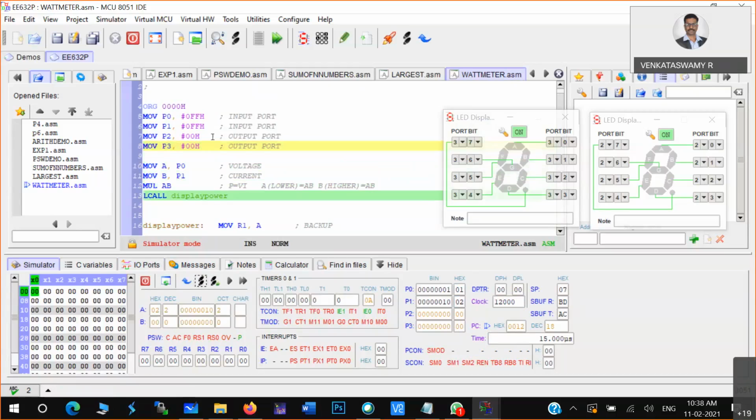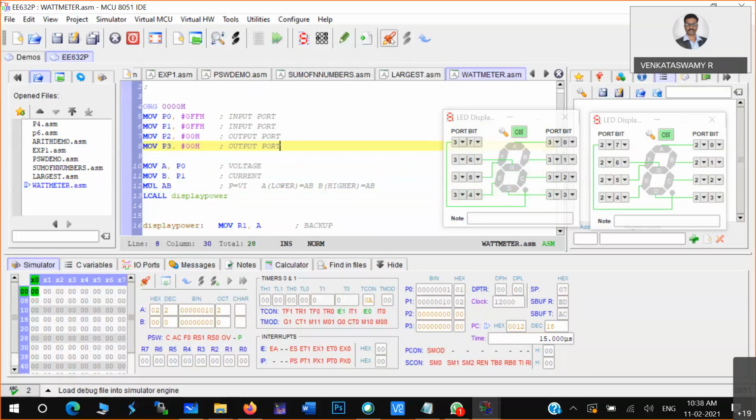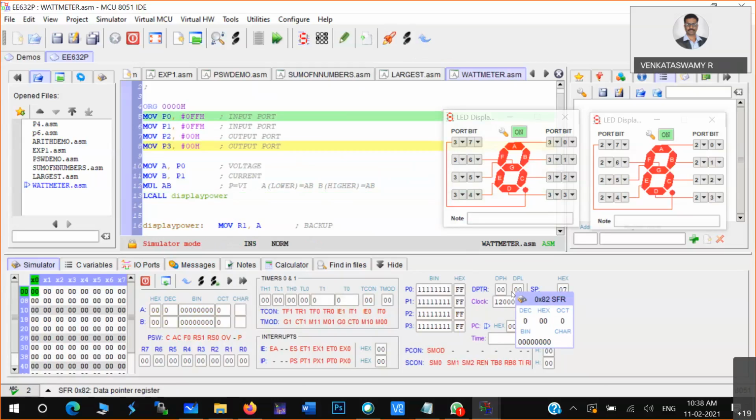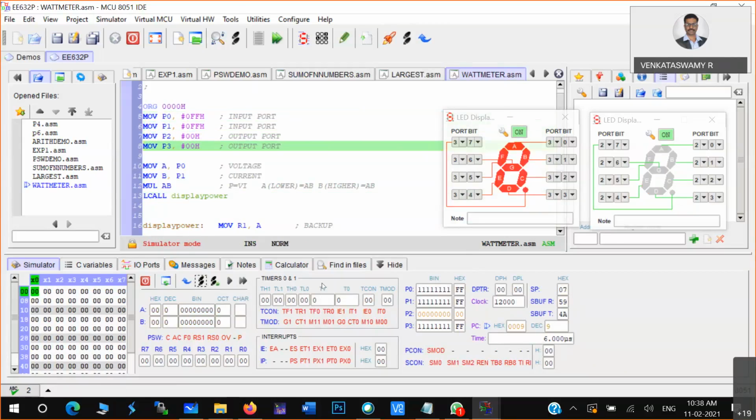Now I want a different digit, right? For that, I'll start with the program and let me run at least these commands. At this point, I'll put 0, 6 and 0, 2.